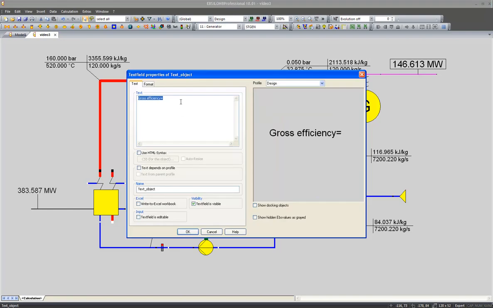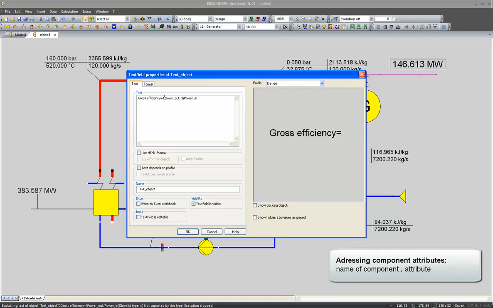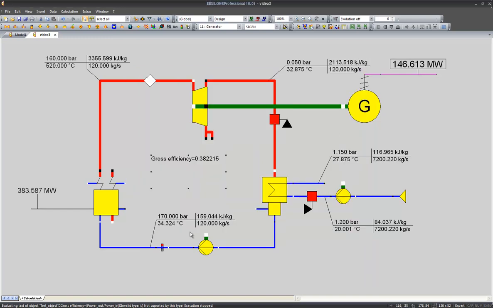So our gross efficiency will be power out point Q, which is the power in the power out line, divided by the power input, and I address the power with a dot and a Q. So as you can see, our gross efficiency should be around